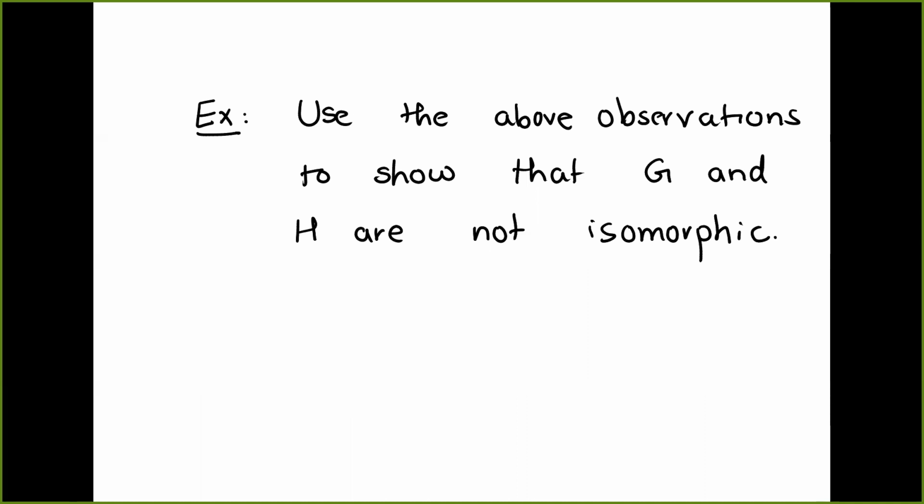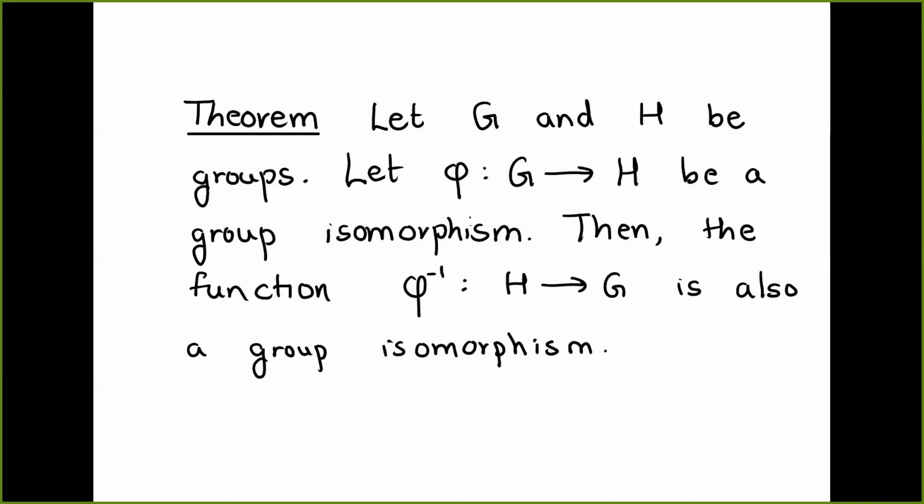Now, a little bit about the terminology here. I'm saying that G and H are not isomorphic if there's no isomorphism from G to H, but this is a somewhat asymmetric definition. Why am I not talking about the possibility of an isomorphism from H to G? Well, it turns out that if I have an isomorphism from G to H, there will also be an isomorphism from H to G. So these are actually equivalent concepts, and this follows from this simple theorem